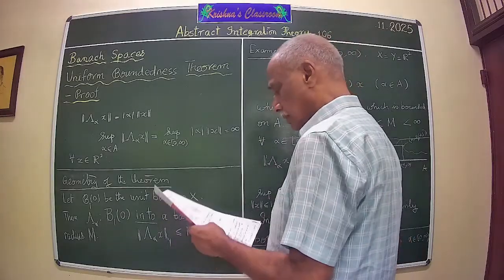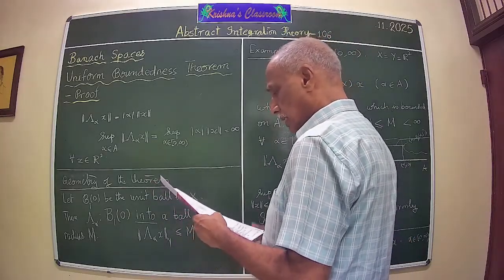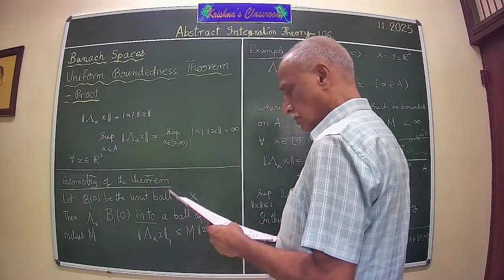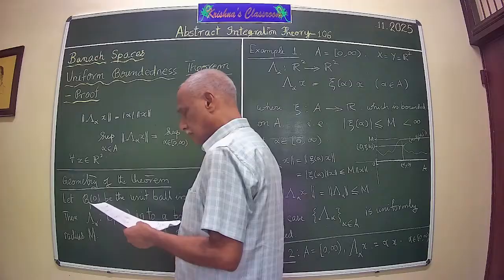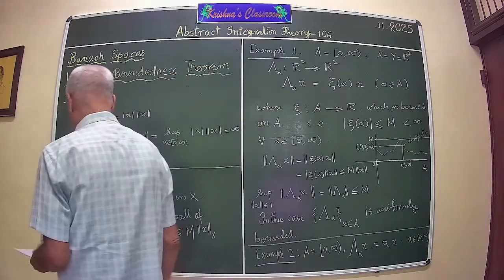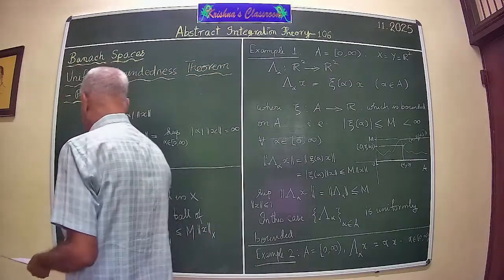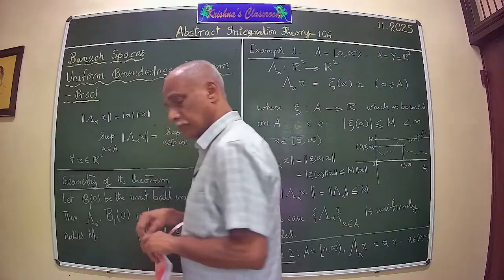The second part of the theorem says that there exists an x belonging to X. So this is the first part of the theorem. The second part of the theorem says